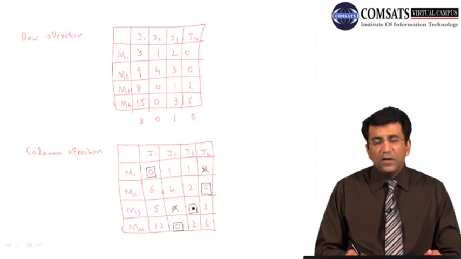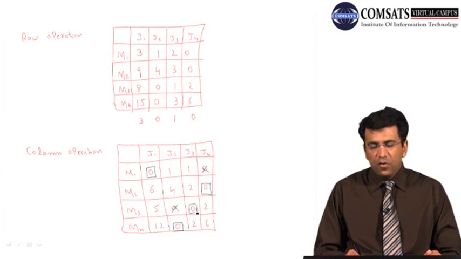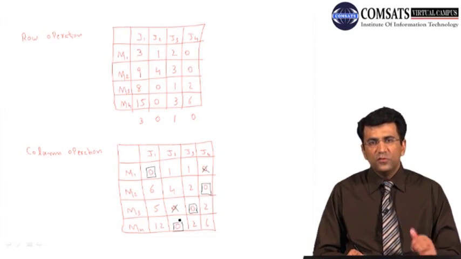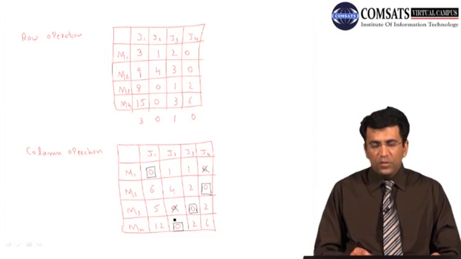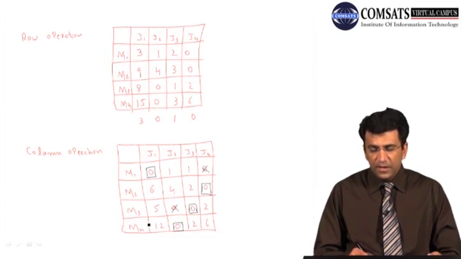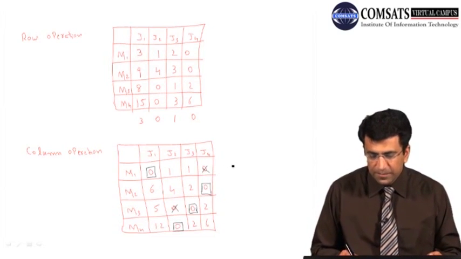And now class, you can see that all the zeros have been assigned. So it means we are getting our optimal solution from this particular step, and there is no need to move to the next step. Now what is the optimal assignment here? You can see from this particular table that we'll have to assign